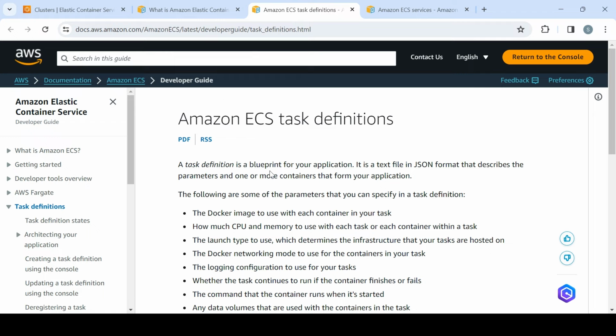So before you go ahead and do the basic setup, what you need to understand is what a task definition is. It is nothing but a text file in JSON format that describes the parameters and one or more containers that form your application. So that JSON file would have all the configurations that your application is set up